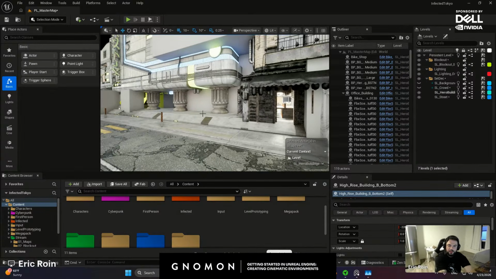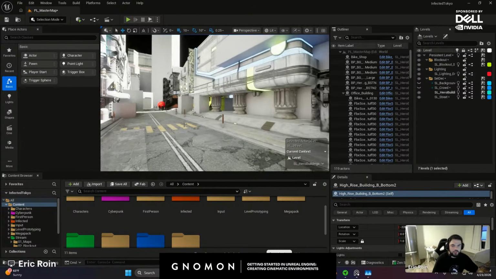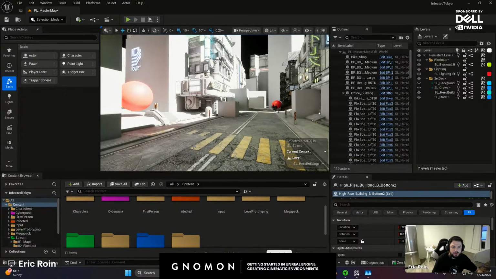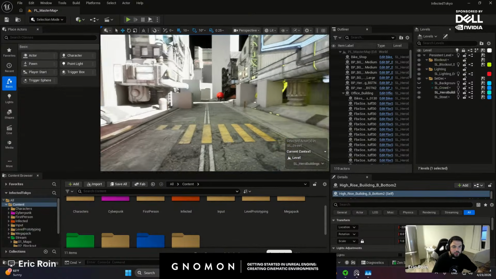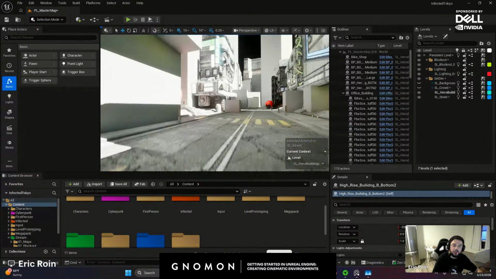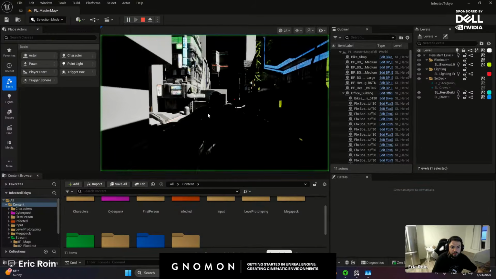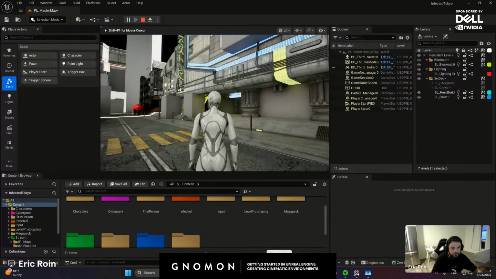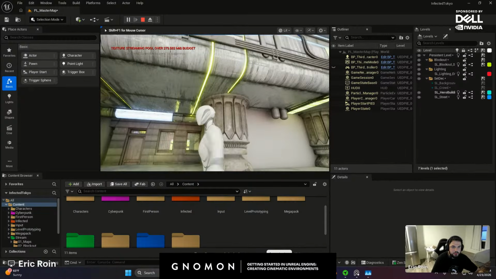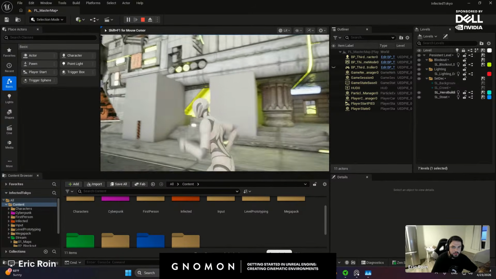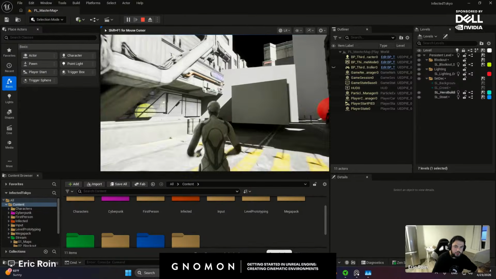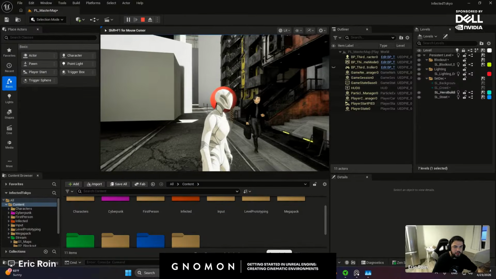Because just like the idea behind any video game, we want to keep the player engaged as much as possible for as long as possible. And having those things that can throw you off can really leave a bad impression and essentially have the potential for the player to leave the game and never come back. So if I press play, you should see the buildings show up, and just looking at the amount of detail, you can see they're super detailed, and they have emissive materials. So they also have some light sources in there, but I went ahead and toned them down just so we can focus on the lighting as a part of the lecture today.